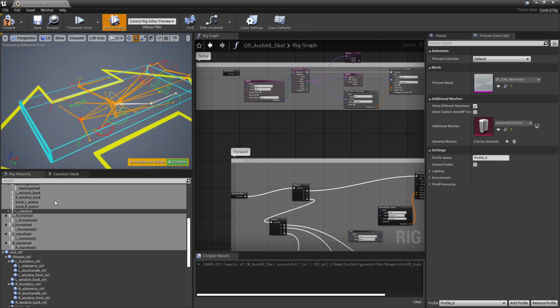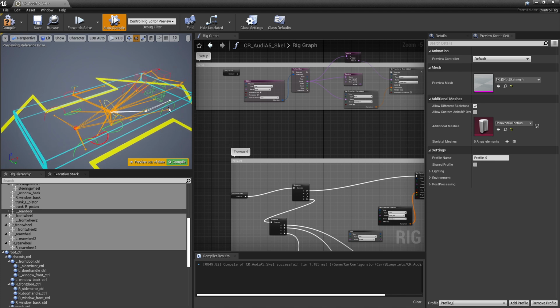As soon as I do that, you can see it's updated and it's given me this new bone here for the rear door. You'll notice that it's not selected, and that's because it doesn't have a control handle driving it. You'll also notice that it didn't update the fixed position for the wheels that were out a little bit further and that trunk thing that was a little bit taller. So to get these control handles to update the position, we need to rerun the setup. By doing that, it's going to automatically snap those guys to the correct position.